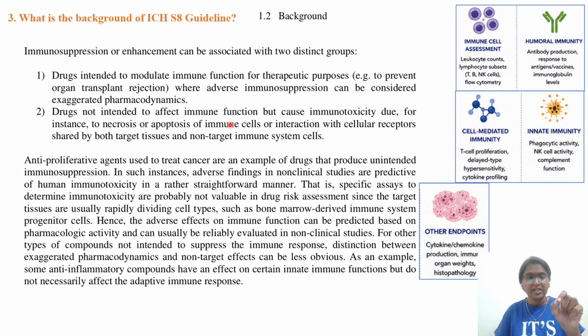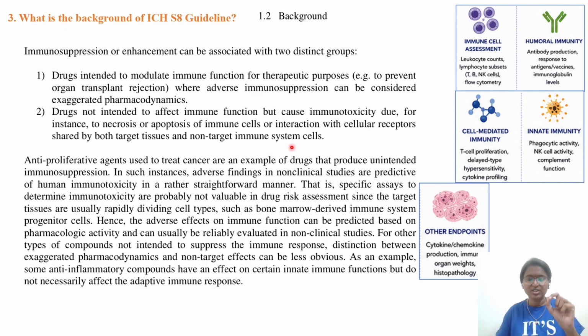What we'll see: drugs not intended to affect the immune function but that cause immunotoxicity due, for example, to necrosis or apoptosis of the immune cells. What are those immune cells? T helper cells, leukocytes, whatever they are, or interaction with cellular receptors shared by both targets. So whatever the immune cells are, and whatever your investigational drug, the drug which you are developing, both have the same targets shared by both target tissues and non-target immune system cells. Okay,